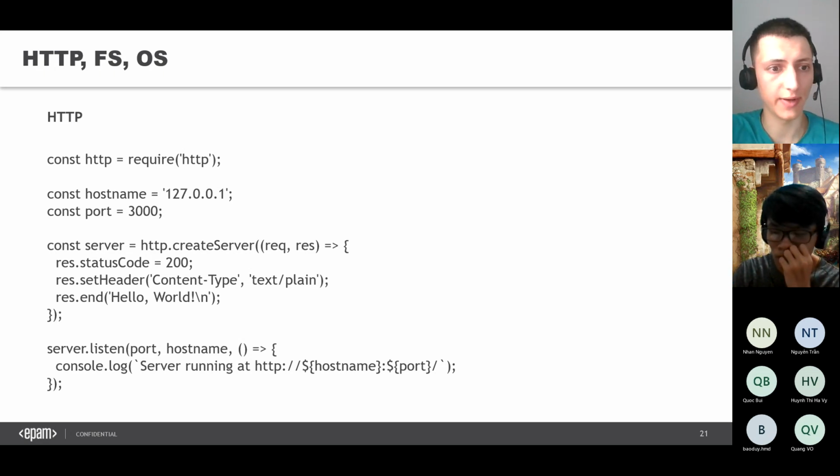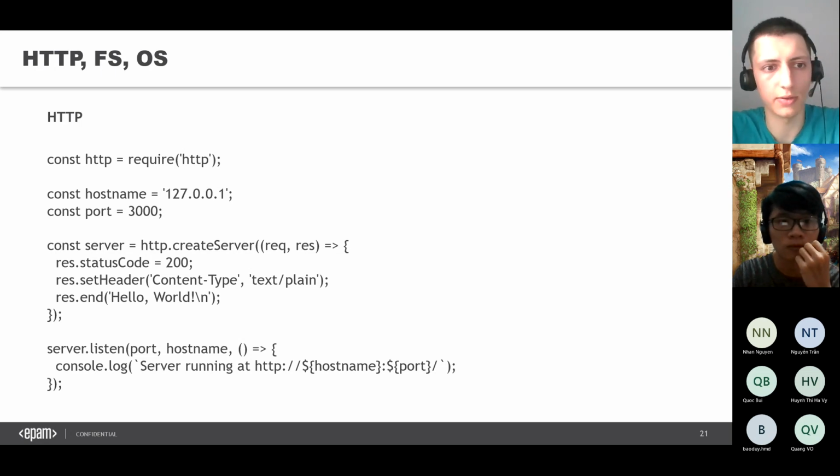For example, you create the server and then open localhost:3000 in your browser and press enter. This callback will be called, and inside this callback you have request and response.